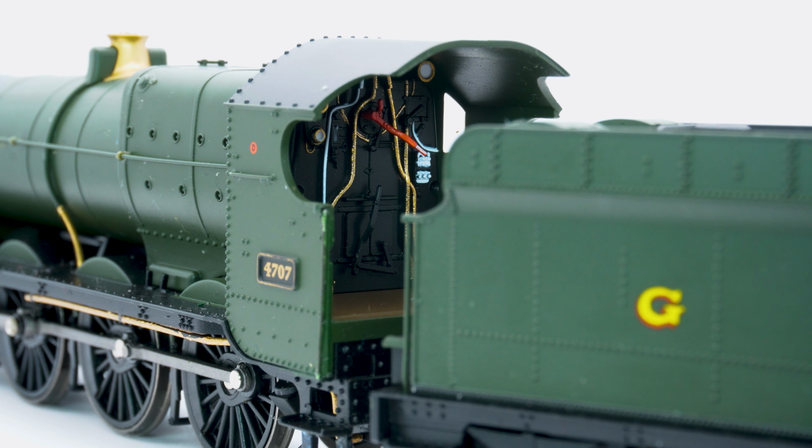Moving to the tender, we're presented with a grand bit of kit. With numerous rivets dotted across nearly every axis, it's not lacking in detail or potential leaks, I would guess. I feel like tenders are often an afterthought, but this one is rather impressive, and we all love a holy tender, don't we? The GWR went through a variety of midlife crises regarding its livery throughout its long history, and